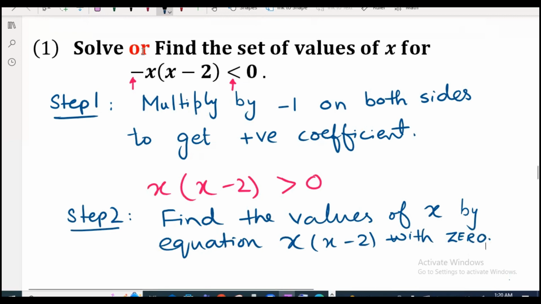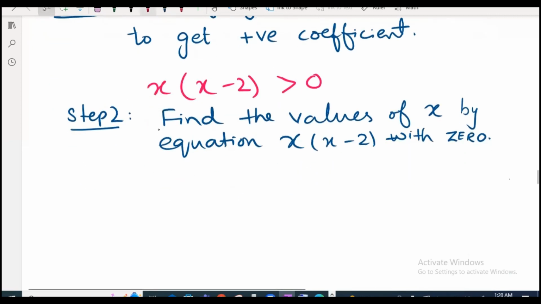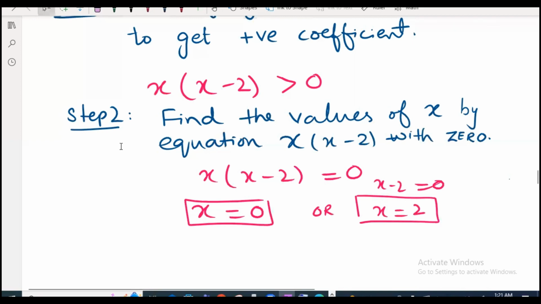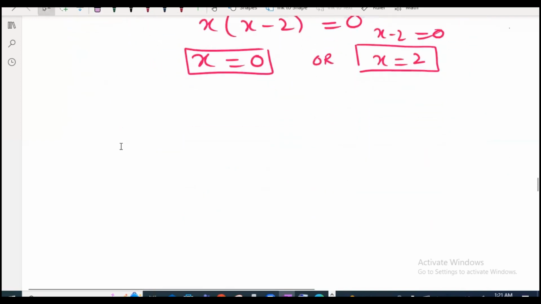So we are going to write x times x minus 2 equals 0, and by equating with 0, x equals 0, or x minus 2 equals 0, or we can say x equals 2. Now, step number 3. Use these values of x